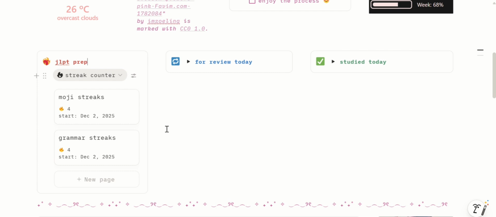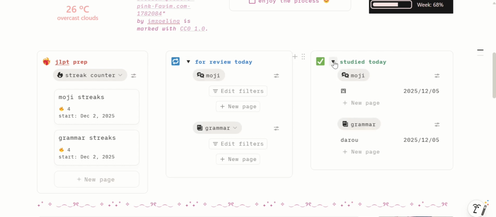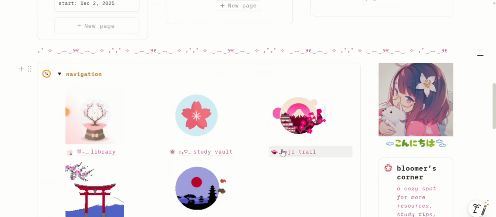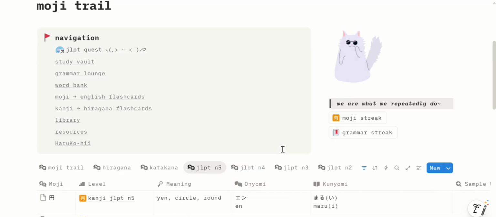with your study. And for review today and studied today, here you will have a summary of what you have studied for the specific day. So say, for example, we have studied today the Yotsu kanji and the grammar daro. Okay, and for review today, this is how it actually works.